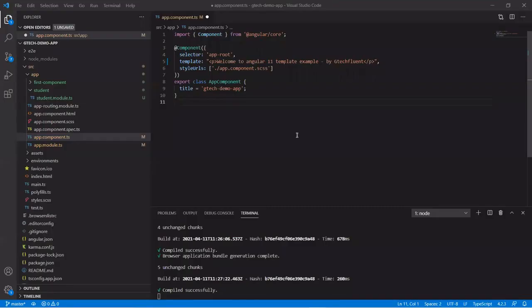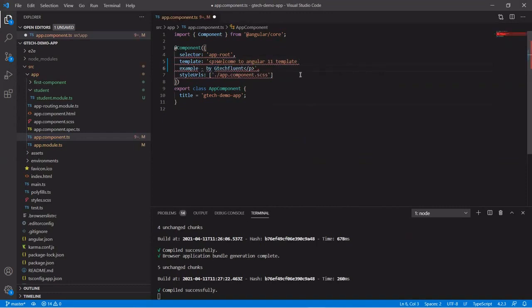Now let's see what happens if we have multi-line content. Here we can use either single quote or double quote for single-line content. But what happens if your content is multi-line? For example, if you break this from here, you will get a compile time error, and using double quotes also will not work.